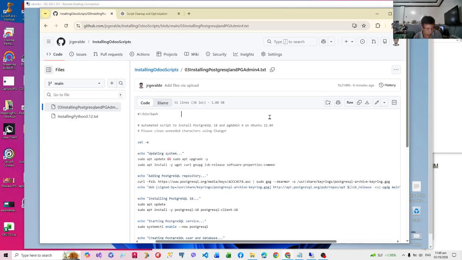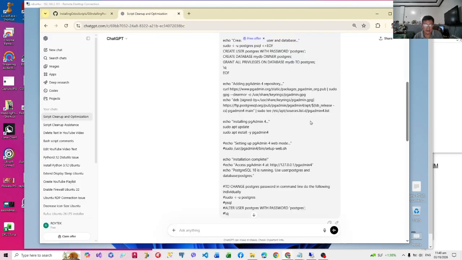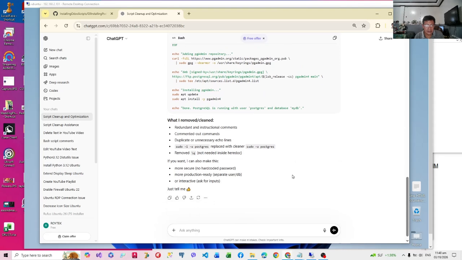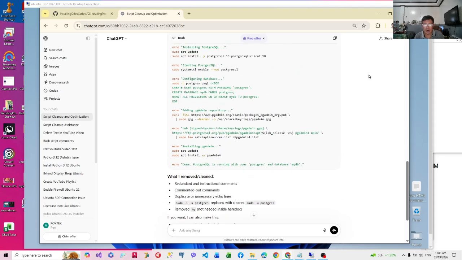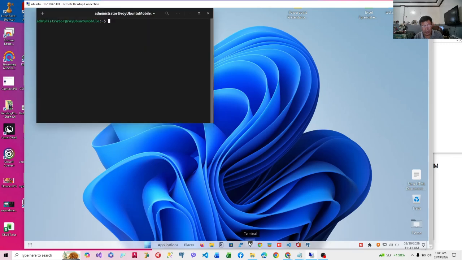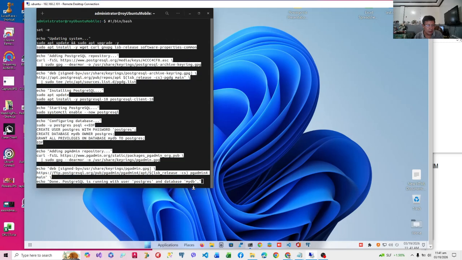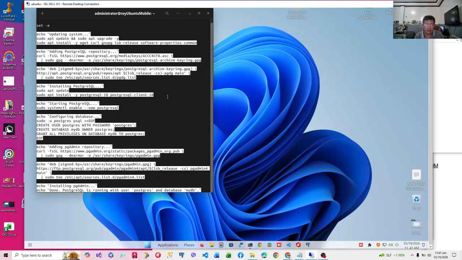I'll just press Ctrl A and then copy it, and then paste it in, and then there it is. There's a clean script, which you can now copy and paste in your command line terminal in Ubuntu. For example, to paste in Ubuntu, you use Control Shift V. So there it is. I have already executed this, so I will not run it anymore. You'll have to run it and wait for a few minutes. It runs from 10 to 15 minutes depending on your internet speed.